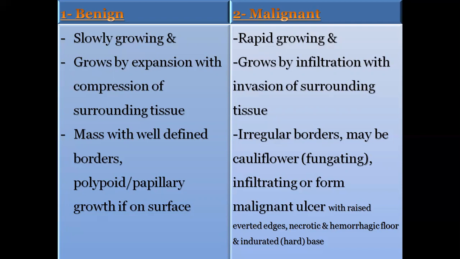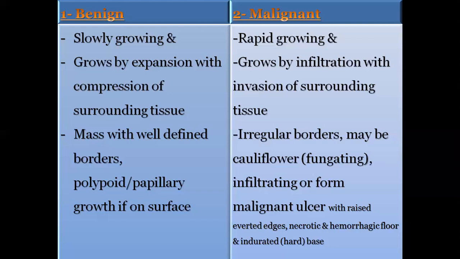Benign tumors grossly, and by gross picture, gross, G-R-O-S-S, it means the description by the naked eye, the description of the lesion or the disease by the naked eye. The benign tumors, if on the surface, they may form papillary projections, or polypoid projections or finger-like projections if in the surface, or they give us well-defined solid or cystic mass if in a solid organ or